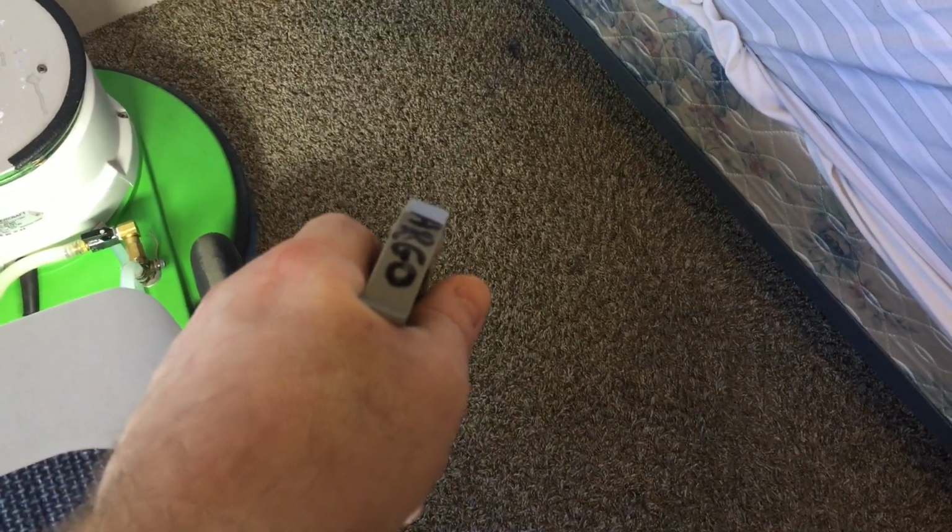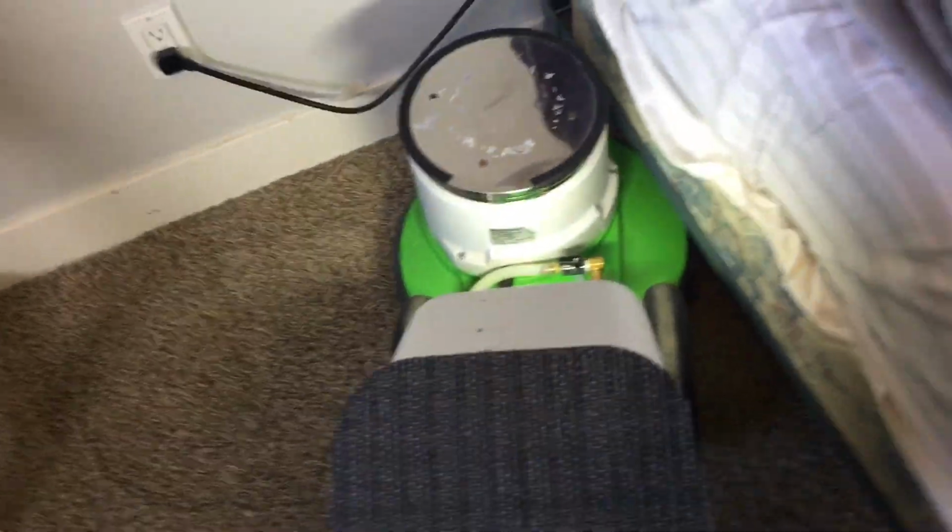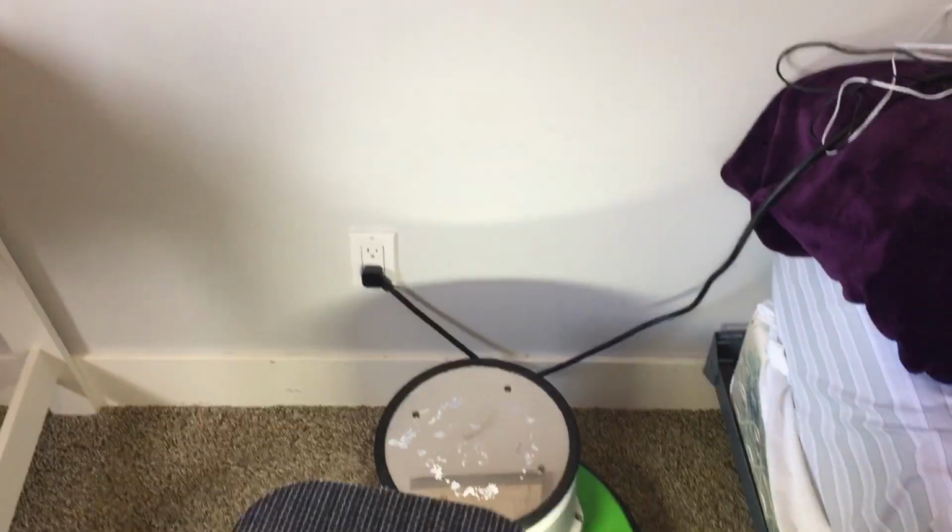That does look like it's got some color to it, I think. It looks kind of blue. There's some weird stains in this room. Paint? Could be. Ink? Yeah. Could be. Oh, yeah. Somebody's a little careless. I'm going to probably have to use some VDS on these spots. I've already hit them with some